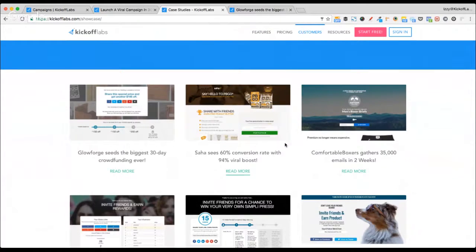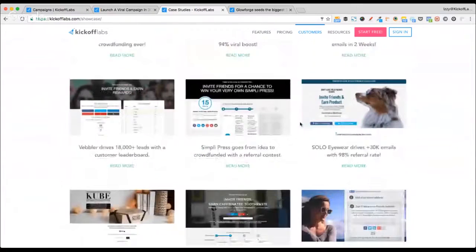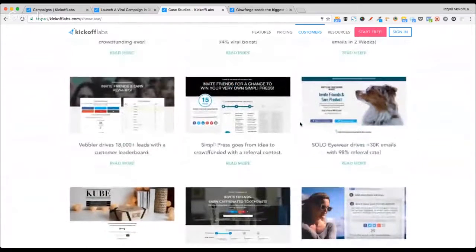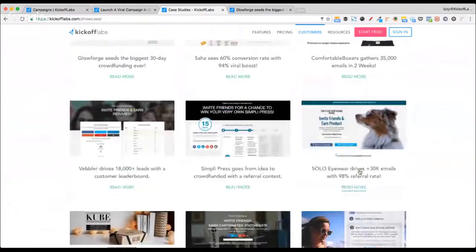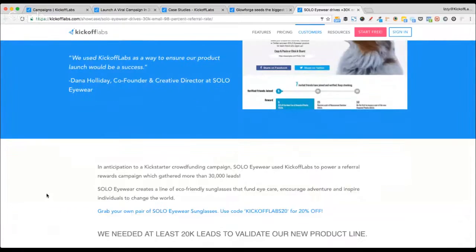The Saha is a really good one. Possibly any of the top 3 rows are going to be really good, but the ones that are a little bit more detailed are going to be the Glowforge and the Solo Eyewear ones. So this is going to provide you with